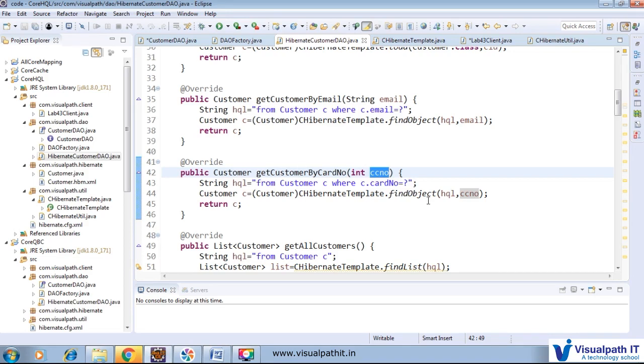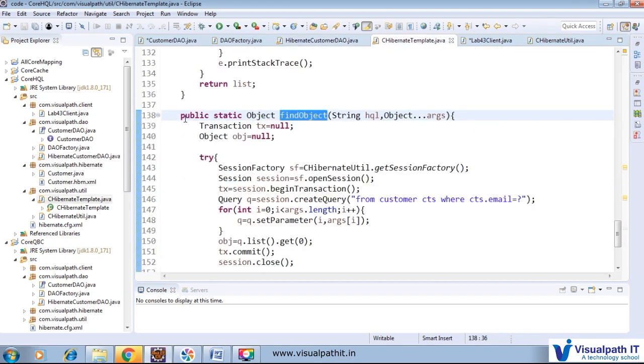Here we are passing only one parameter, so it will run one time and set parameter 1, and what we pass here, the card number, will be set here. So now it becomes from Customer c where c.cardNumber equal to whatever parameter we pass, and the same find object method is responsible to handle this operation.